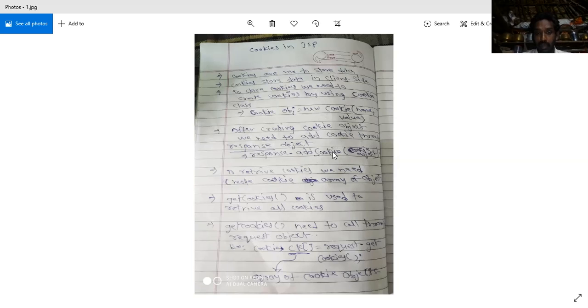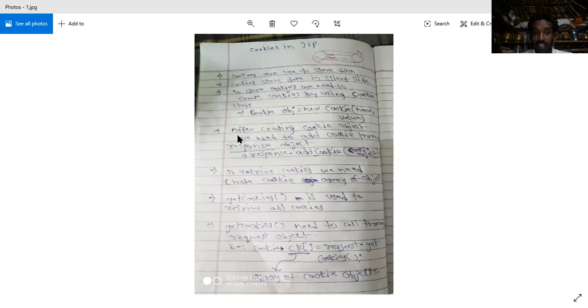We call this method through the response object. That is, the first step is to create the cookie, the second step is to add the cookie. addCookie is a method used to add the cookie. response.addCookie is used to add the cookie.